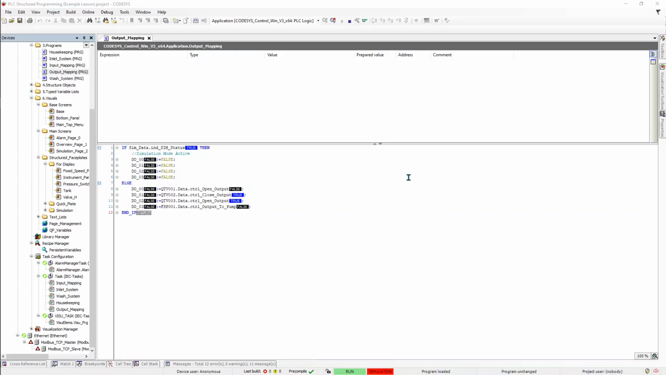Hi everyone, and welcome to the last lesson of the example project, which is our output mapping, which is really simple. Basically, to sum it up, all we're doing is passing all of our control sections of our structure. So, for example, our QTV 001, which is our first quarter turn valve, we're looking in the data at control open output, which is our request to the output hardware to switch on its output essentially, and then we map that through to our actual